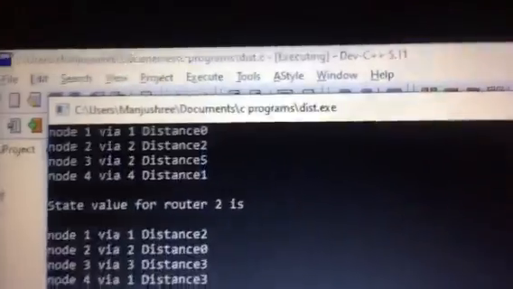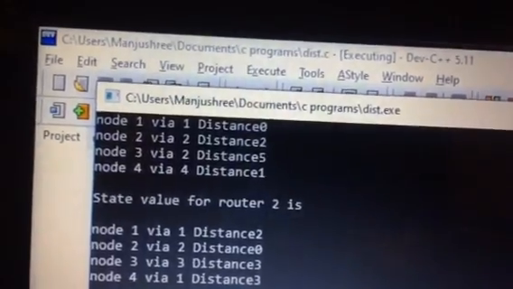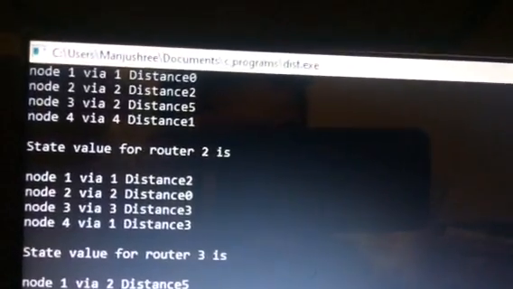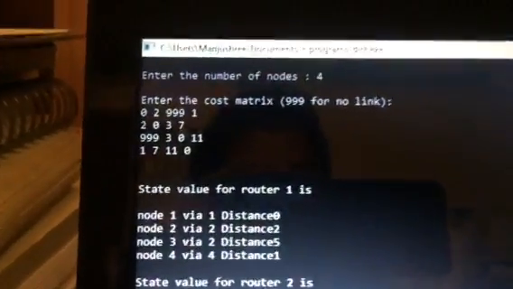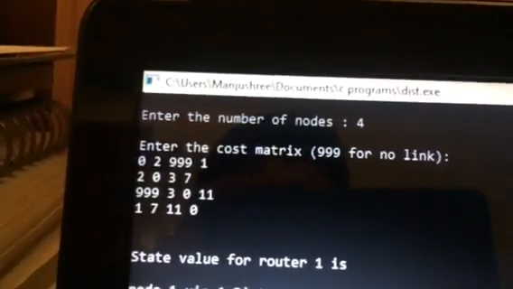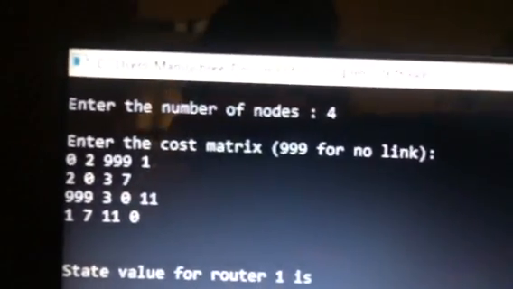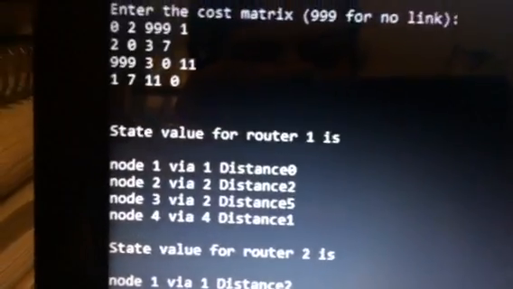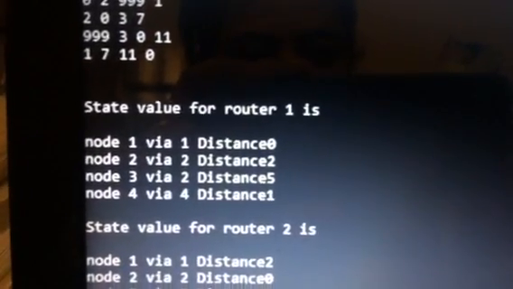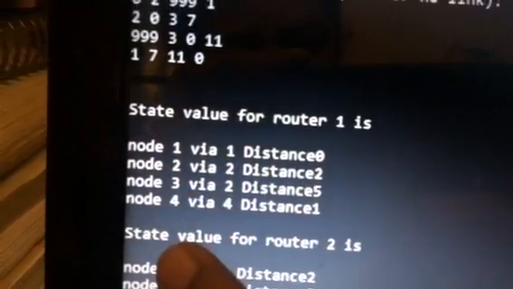Now understand the output. See here, the number of nodes here is 4. So the cost matrix you have entered here is this one. The state value of the router is this. Now I'll tell how you have got this state value. See here, node 1, node 2, node 3 and node 4.